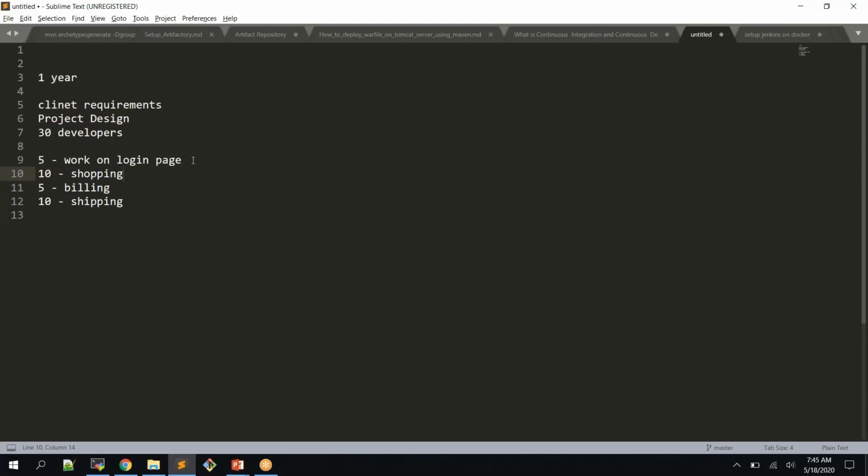In this case, whoever completes their code first sits idle, or may or may not help the other, because if you go and help the other team in between, it may not work. So you need to wait until the other modules are completed. Once the other modules also get completed, you try to integrate all this code at once, and then you find out a lot of bugs, because while integrating you